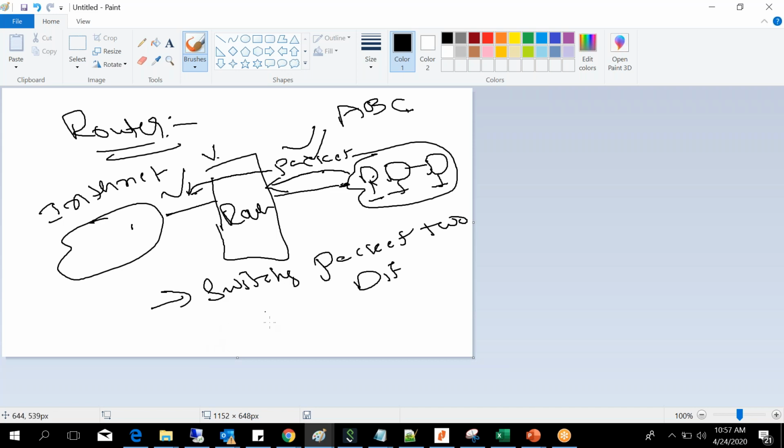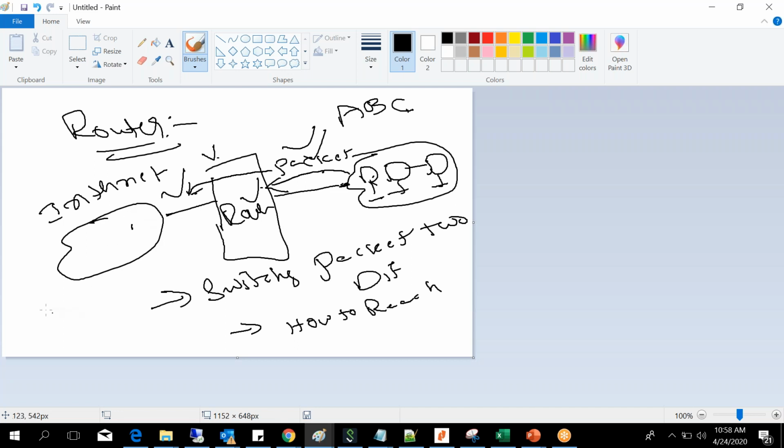We can say the same thing another way: connecting two different networks. Why are we connecting them? In order to route the traffic. So another function is that it performs routing of data. How to reach the destination? The router has the complete information of how to reach the destination.